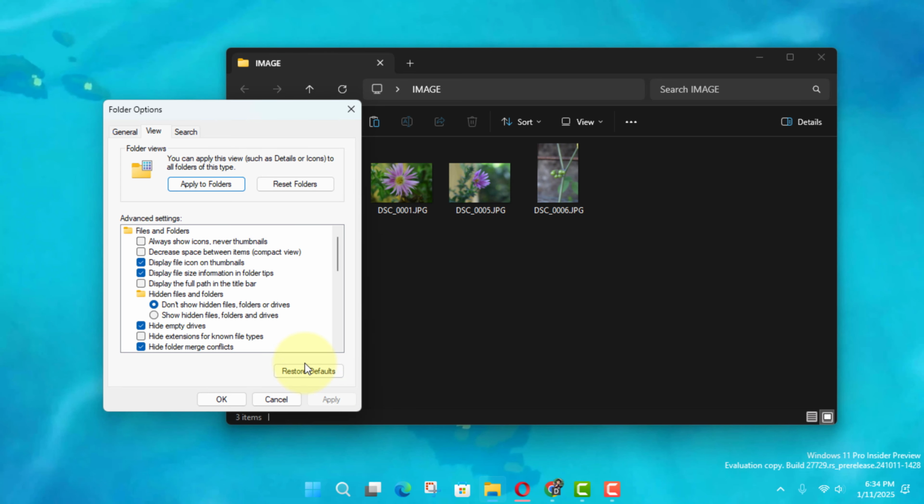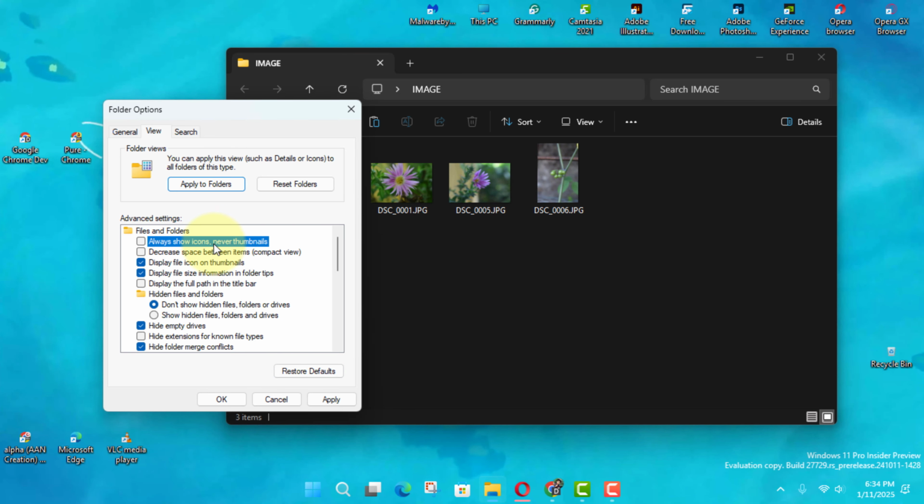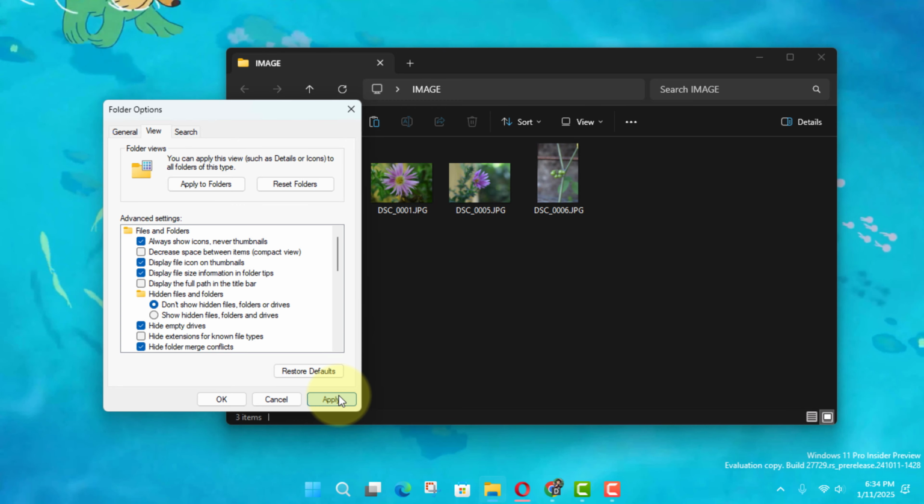Once you've completed these steps, the File Explorer settings will update to disable or enable thumbnails for files and folders,